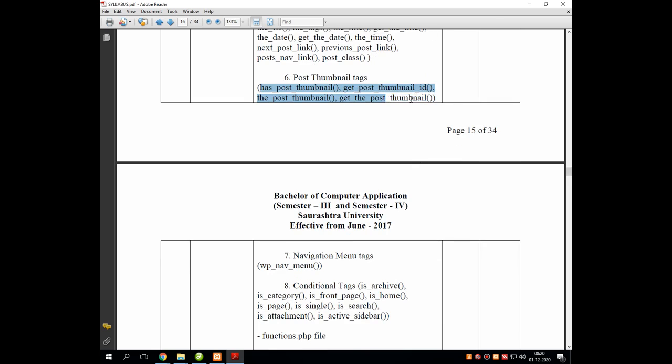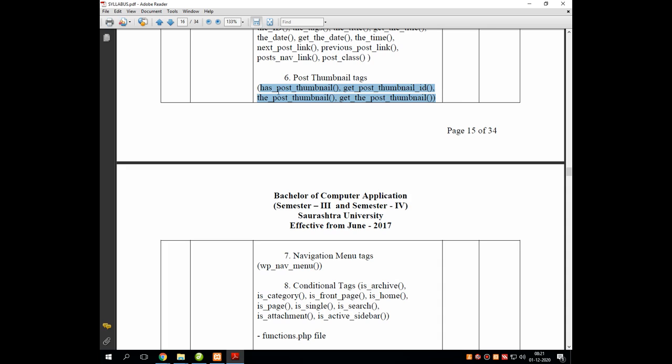Before starting each in detail, first I would like to clear something about this particular group of tags: all of these tags are related to thumbnails, that is, the image which is going to be displayed onto the screen during the attached post done by the administrator or the user. That means whenever the post is created by the user, at that time they can attach an image with their post, which can be right aligned, left aligned, and any margin can be set during post creation. So all these functions work with the post when we are attaching the thumbnail.